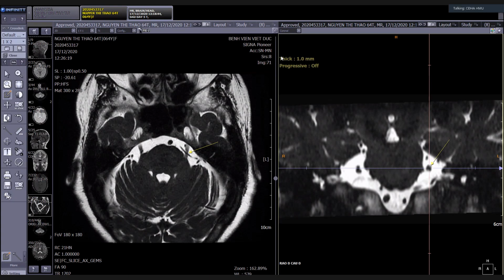Besides these two sequences, you have to do other sequences which rule out other causes, the other intracranial abnormalities, such as the FLAIR, the DWI, or the T2 star. Okay, and